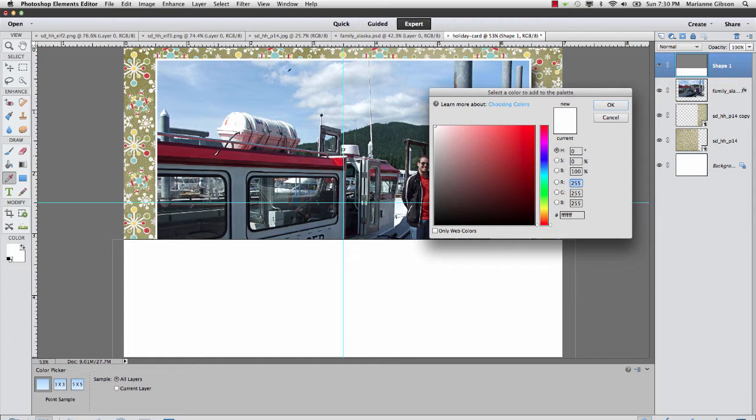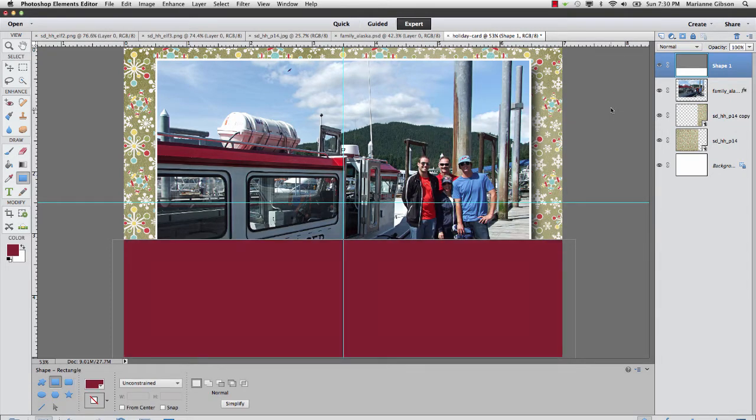I'm going to first try this color right here, this red. And one of the things I'm not liking a lot about Photoshop Elements 12 is, and I'm just going to have to get used to it and figure out how to use the software, but it doesn't give me a preview window. I'm going to say okay,